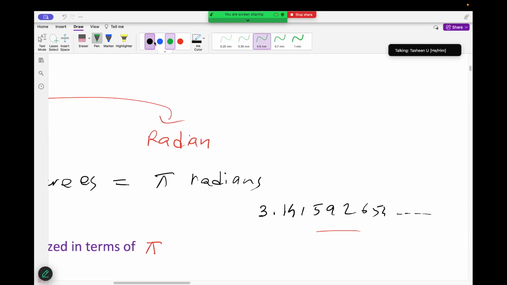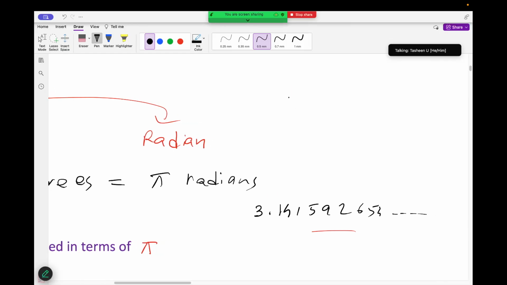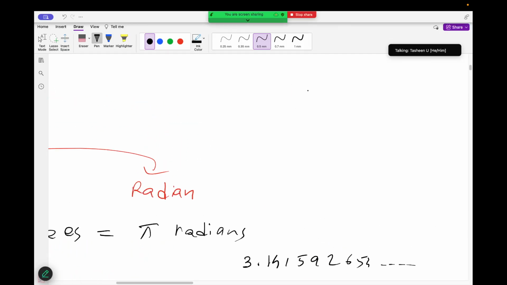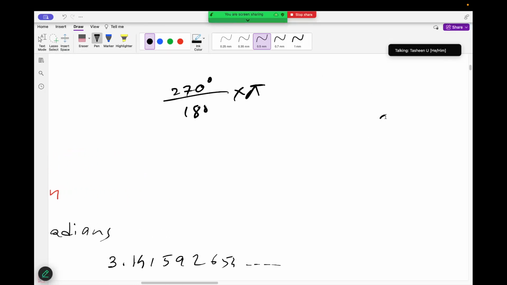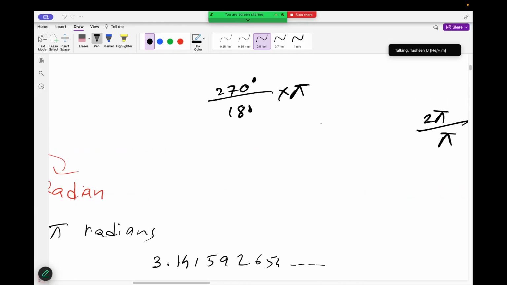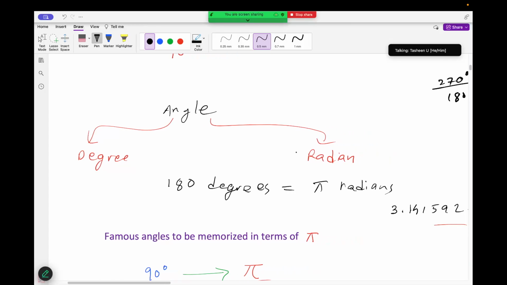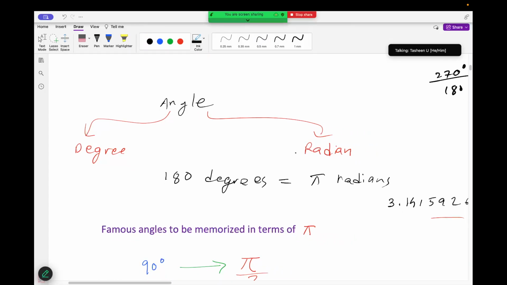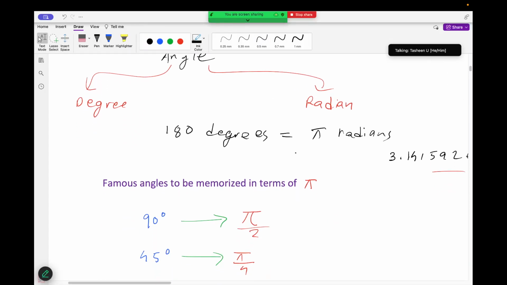If you want to convert from degree to radian, divide by 180 and multiply by pi. So let's say I want to convert 270 degrees to radians: divide by 180, times pi. And if you want to convert from radian to degree, then divide by pi and multiply by 180. Just the opposite. And you can memorize these famous angles